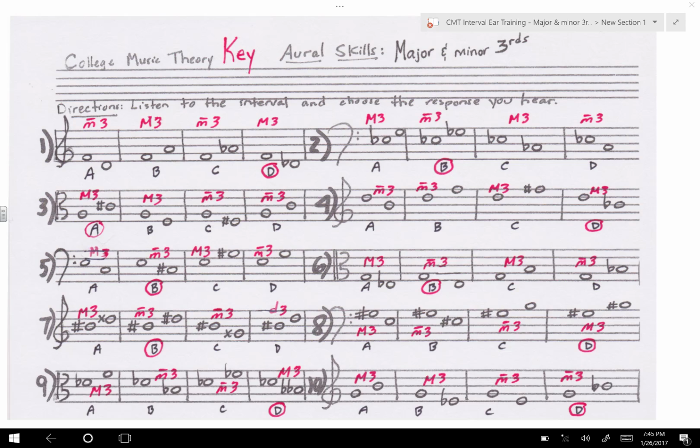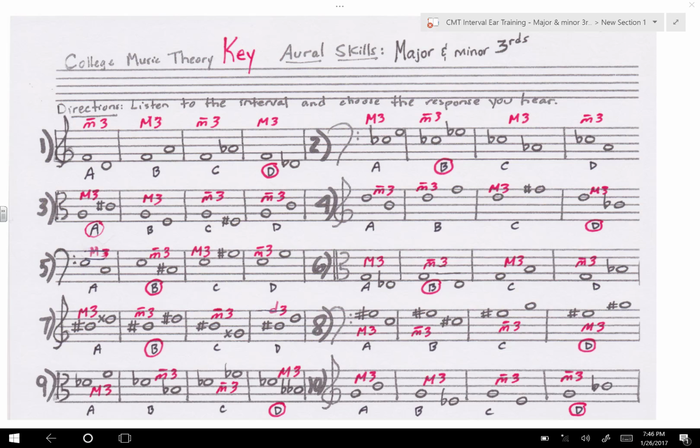For number 5, the correct answer was B. This was a descending melodic interval of a minor third. Choice A would have been the next best response because it was also a descending interval. So our starting note is E, and I will play all 4 in a row so you can hear what